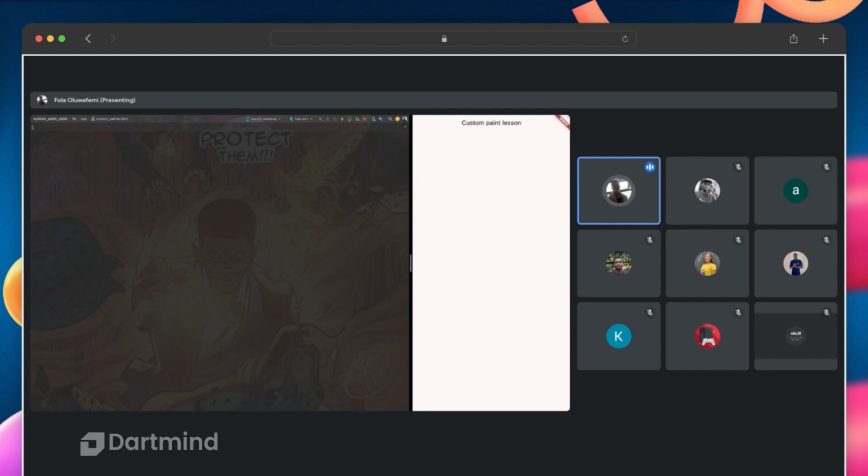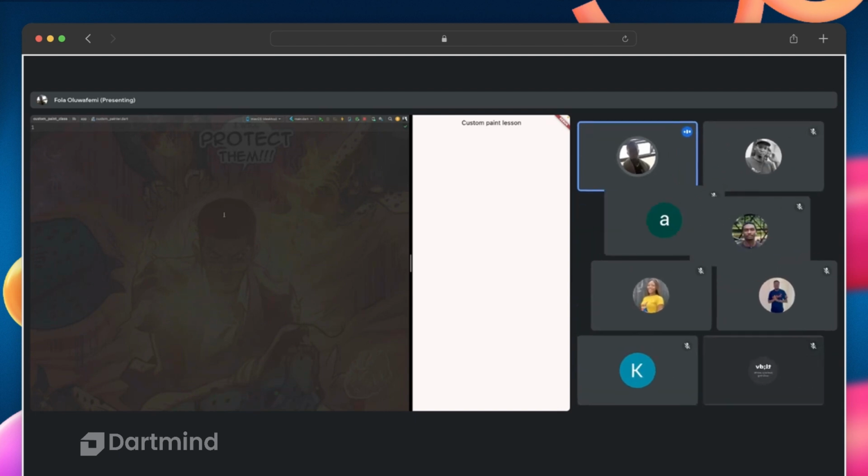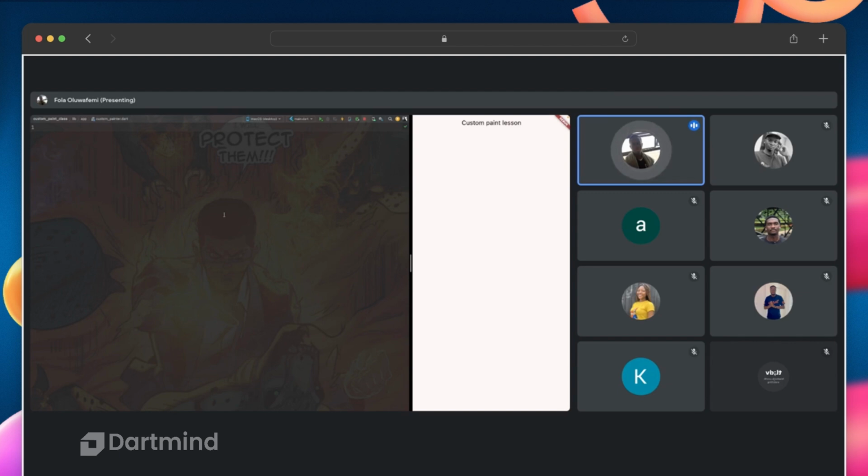What CustomPaint is doing is that it's allowing us to bypass all of that layer and go straight to the rendering. So we don't need to manipulate elements, we don't need to manipulate render objects, we just go straight to the painting. So when I say draw a container,